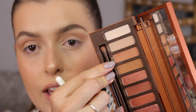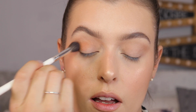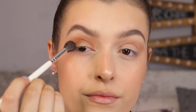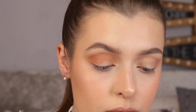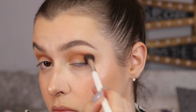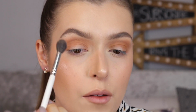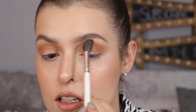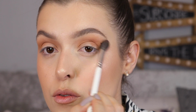With the same brush, I'm going to go into the shade Scorched, this one right here. And I'm just going to keep this in the crease. I'm not going to bring it out too much. I'm just going to add another layer into the crease. I'm going to take a bit more of Chaser, that one right there, and I'm just going to blend above where I've put that Scorched shade, just so it's all meshing together